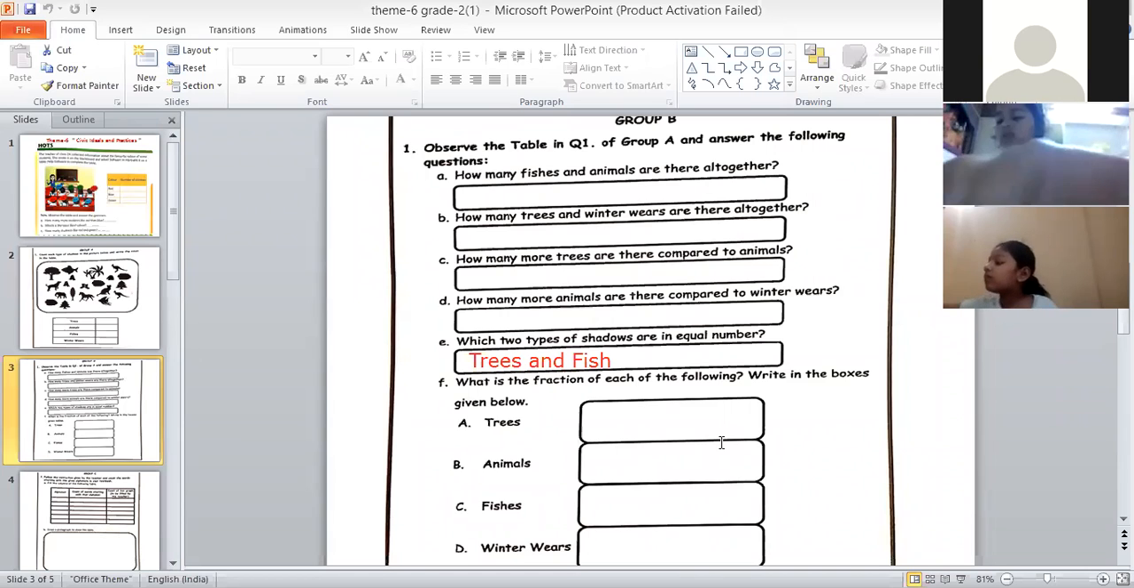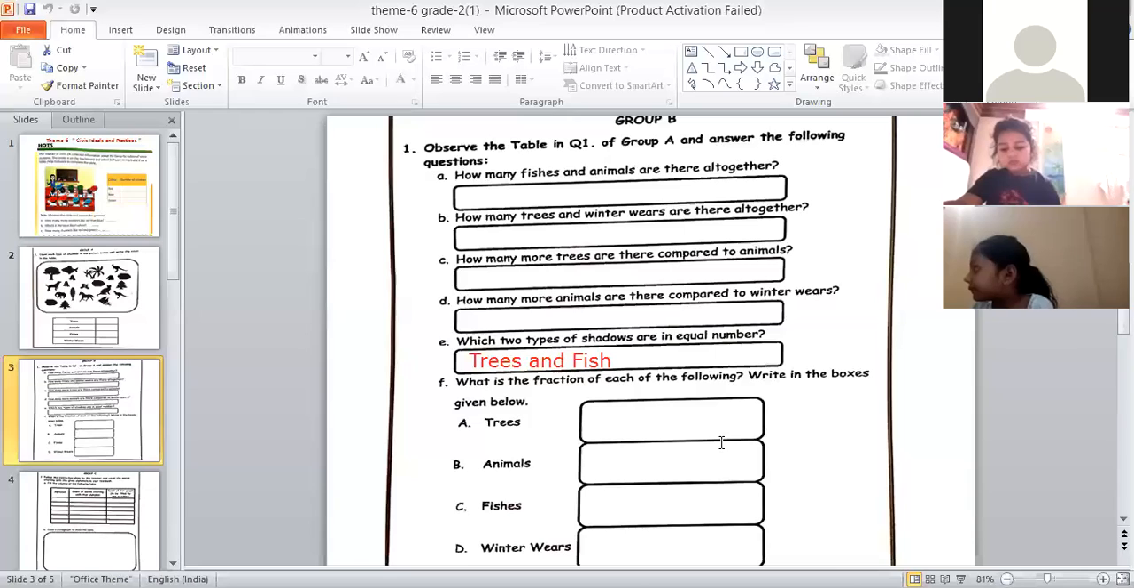What is the fraction of each of the following? Write in the boxes given below. Okay, good. So now we have to write the fraction for each of the following. So first one is